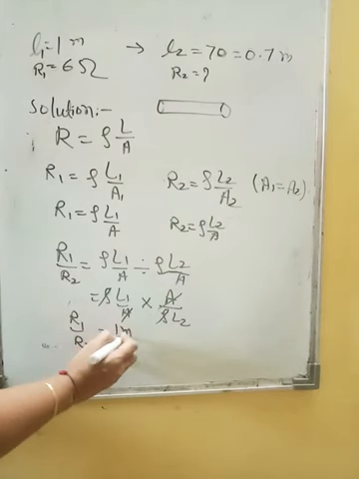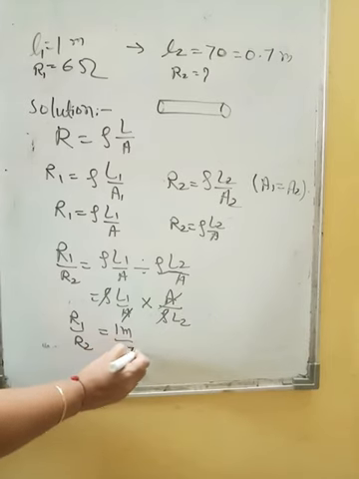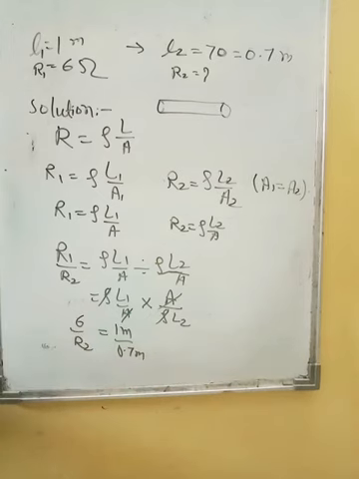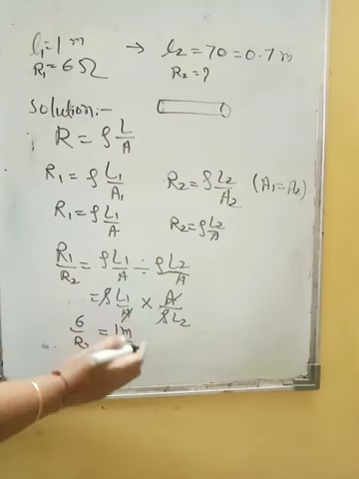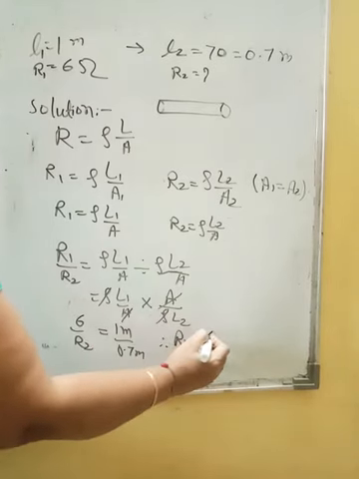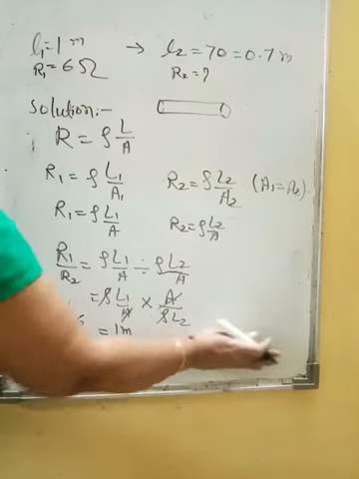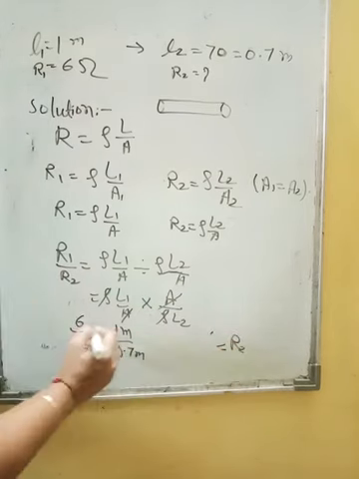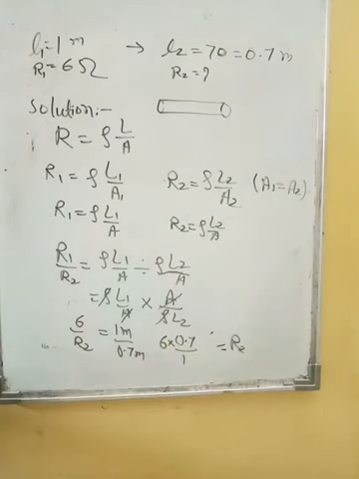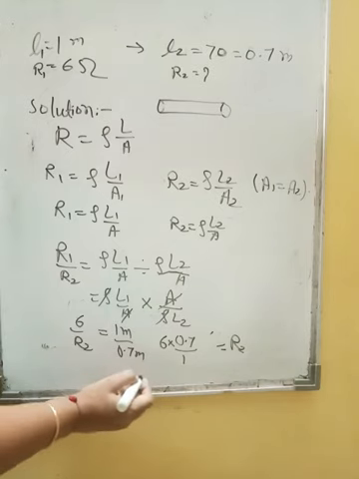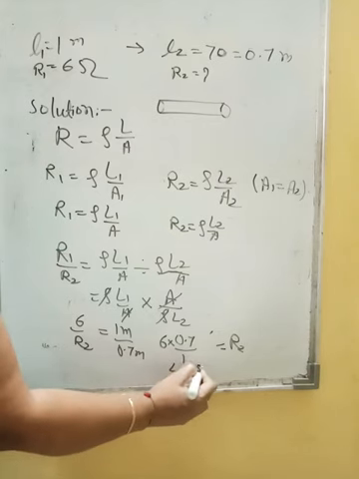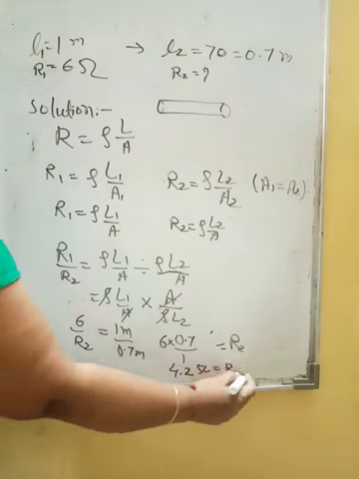Correct? So R1 upon R2 is equal to L1 is how much? 1 meter. And L2 is how much? 0.7 meter. Correct? And R1 given 6 also, na? So we'll write down 6. We substitute all the values. So what is R2? So therefore R2 will be equal to, R2 को उस तरफ लेके जाओ, right? R2 को इस तरफ लिखती हूँ, and here I am going to take 6 into 0.7 upon 1. Correct? That will be R2. So what is the answer? 6 sevens are 42. So 4.2 ohm is equal to your R2. Got it?